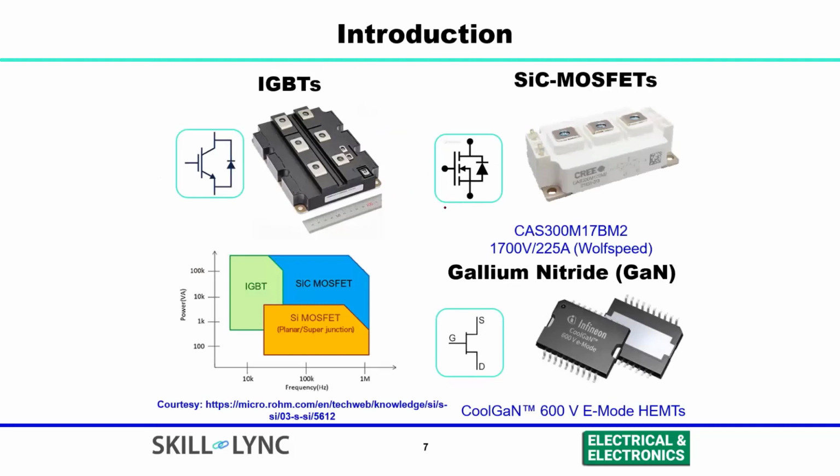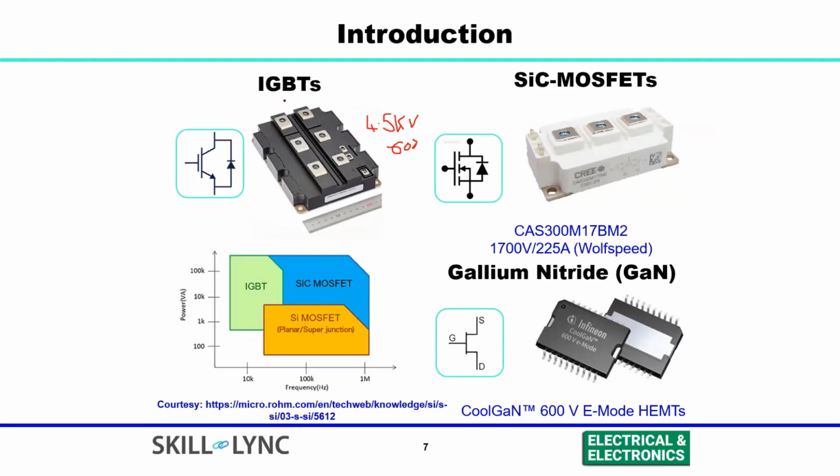So these are some of the switches that are widely adopted in the industry. This is an IGBT of 4.5 kV, 600 amps. So these are the ratings that we have. This is for high power applications. And there is a MOSFET that will be used for low power applications. There are new technologies that have been developed in the semiconductor industry, that is silicon carbide MOSFETs and gallium nitride. So these are the different emerging solutions, and now most of the people have focused on these works.